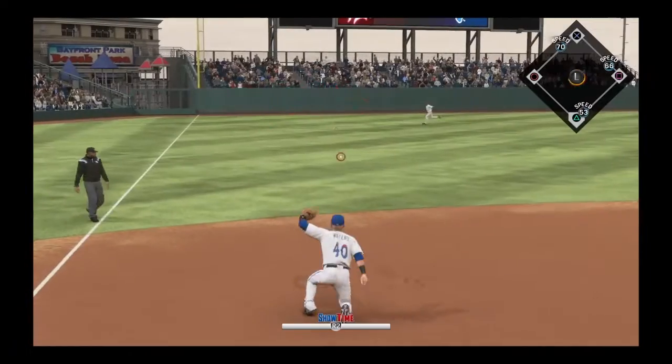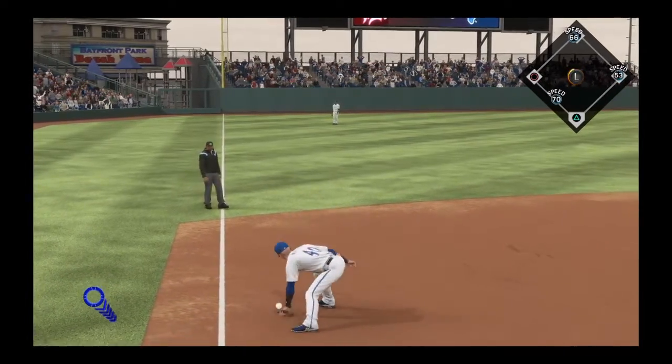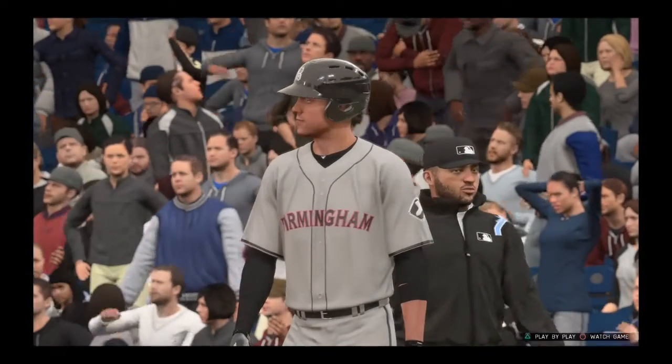A ball hit hard to the left side. That's in there, base hit. Around third and being waved on home. And he is in there at the plate. It's now a 2-0 game. You think he was looking for a...